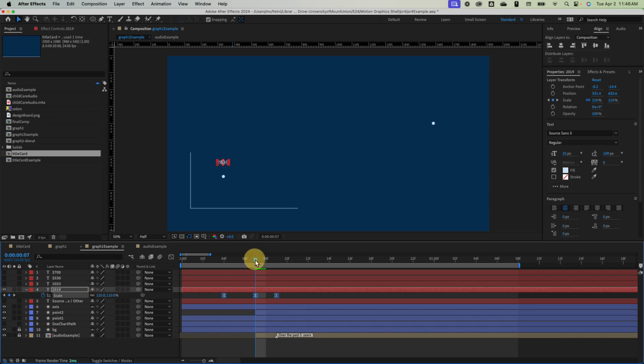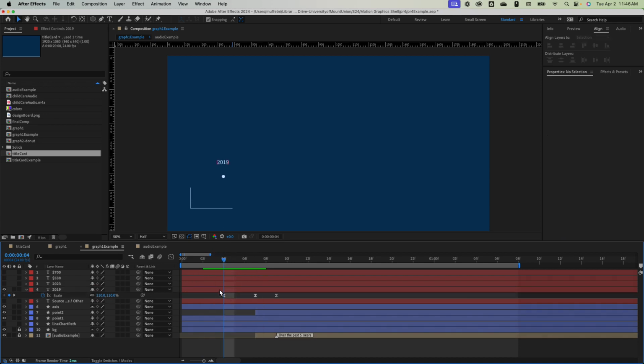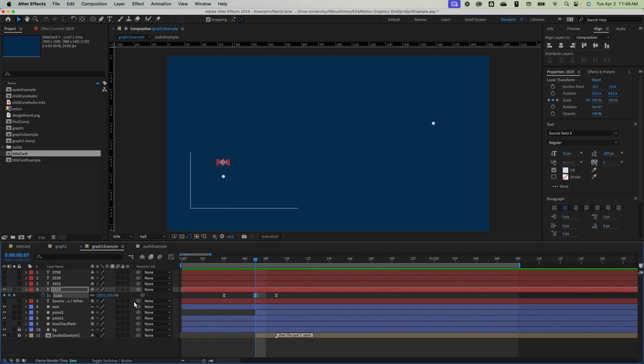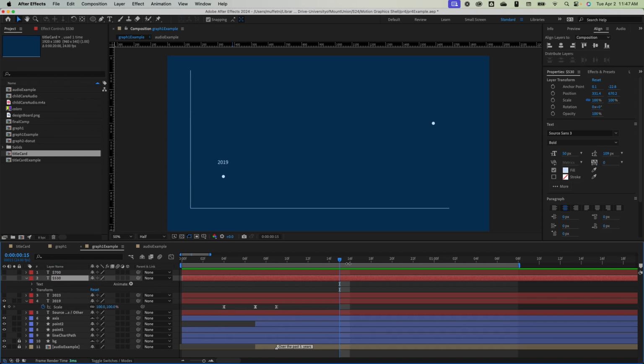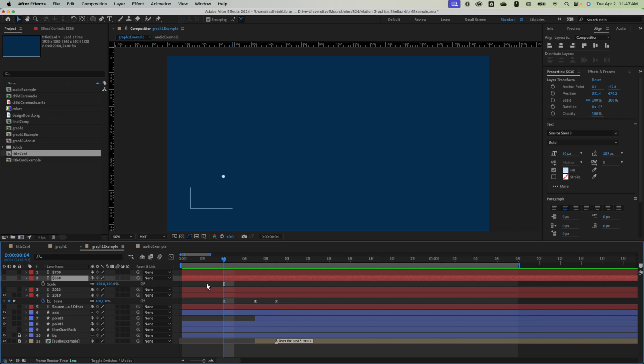I don't want this to be super noticeable. I accidentally changed all those keyframes. Make sure just this one is selected. There, that gives it a little more bounce. Okay, so because that's working in percentages, we could do the same thing with the dollar value here. So if I hit S for scale and I hit Command V, you can see it pastes those same keyframes in there, and the same thing is happening, or should happen, to that 530 number